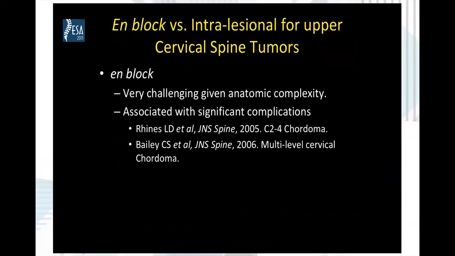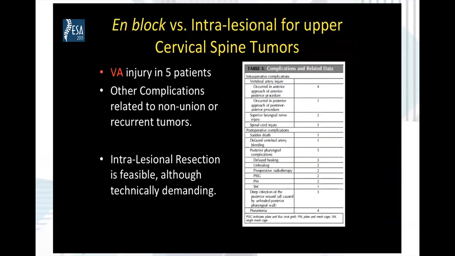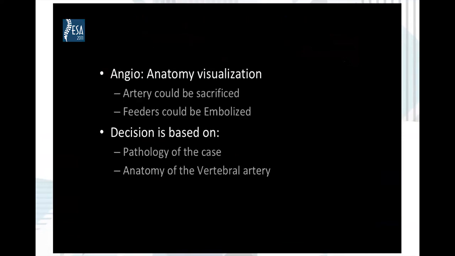En bloc resection in these areas is very risky because it carries very strong risks of injuring the vessels or the neural structures. Intralesional resection is more feasible. Vertebral artery injury was reported in the literature mostly with anterior than with posterior approaches. The angio is necessary in cases where you think the vertebral artery will be in the way of resection, and then you have to make a decision based on your need of resection, the pathology, and the anatomy of the vertebral